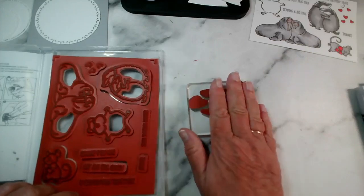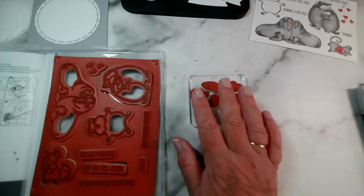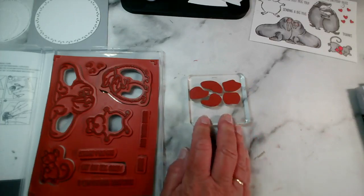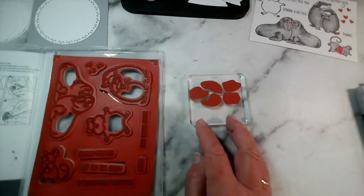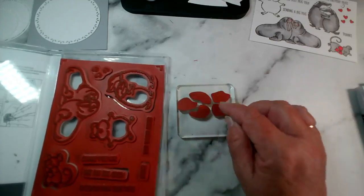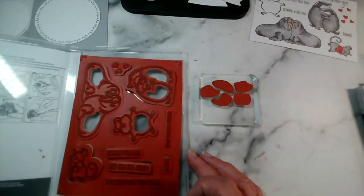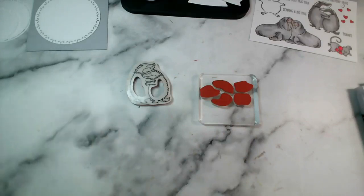You can just mount them onto a block, and I'm going to use those to make it look like a path, so it's like crazy paving, but you could also make it look like a stone wall. They are cute images, aren't they? Okay, so I'm going to use those for my background, and then when I finish I can pop them back into the middles, or I can just leave them on the side in the stamp set. So I'm going to use the badgers today,